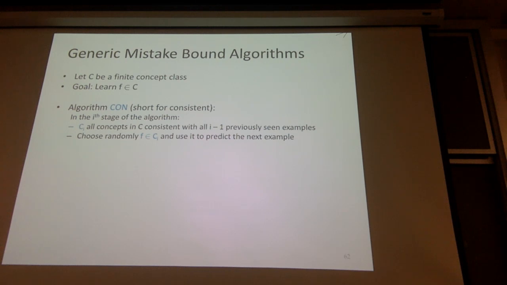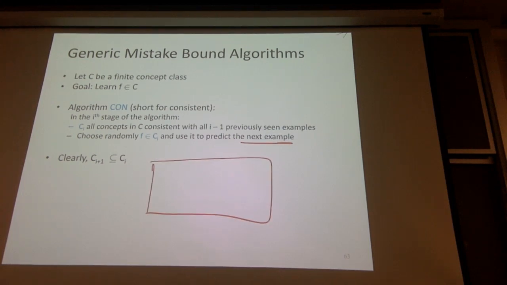At that point, what you will do is now we play the game. A new example comes in. And what this algorithm does is it picks a random function from Ci and makes a prediction. It pretends that the concept, the hypothesis, is some random function from Ci. It makes a prediction, and at that point, the new example is revealed, and it has to remove all functions that did not agree with the label that it just saw. So you could start off with a big set of functions, all of the functions, and then